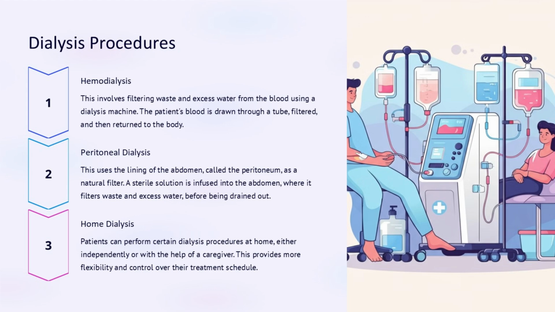There are three main types of dialysis procedures: hemodialysis, peritoneal dialysis, and home dialysis. Hemodialysis involves using a machine to filter the blood, drawing it out of the body, filtering it, and then returning it. Peritoneal dialysis uses the lining of the abdomen as a natural filter, infusing a sterile solution that absorbs waste before being drained out. Home dialysis allows patients to perform certain procedures independently or with a caregiver, providing more flexibility